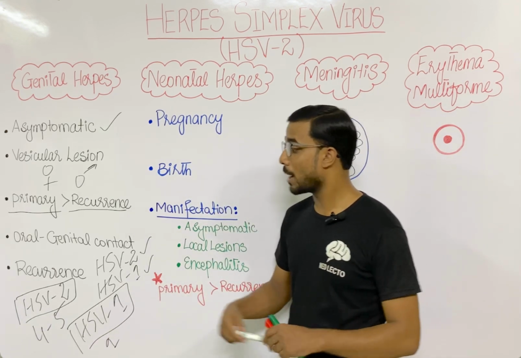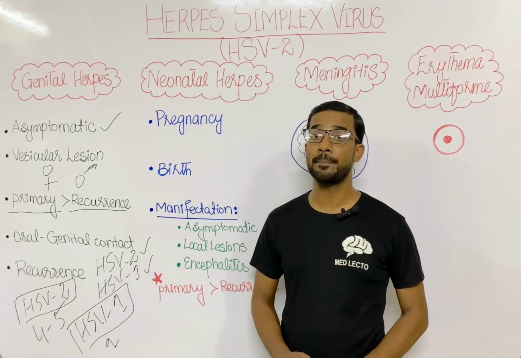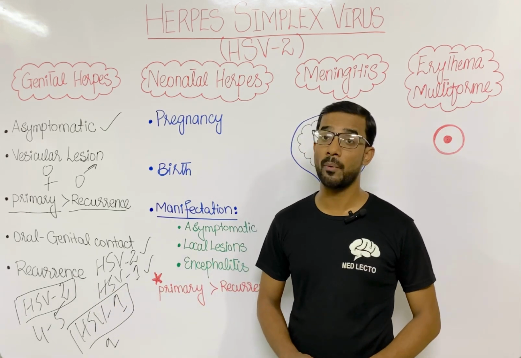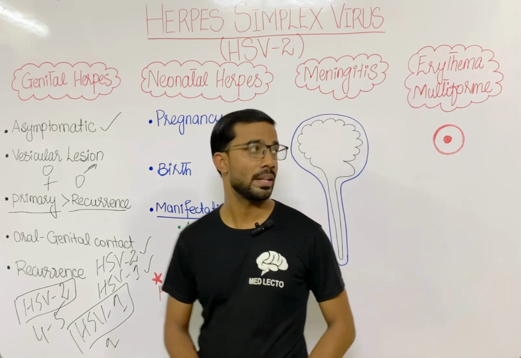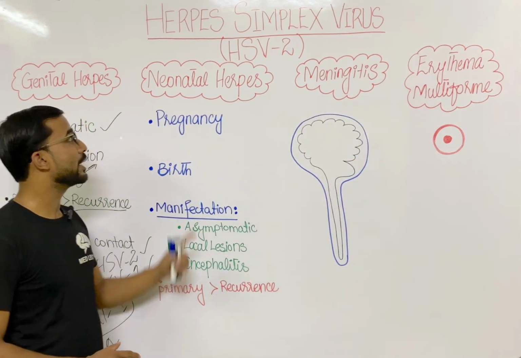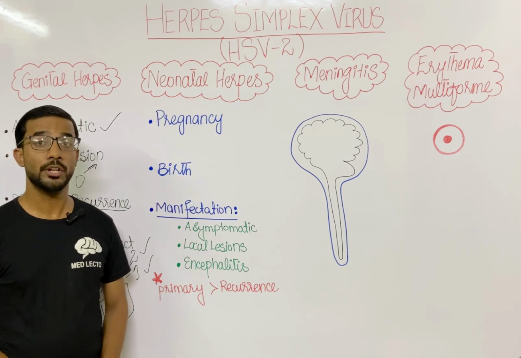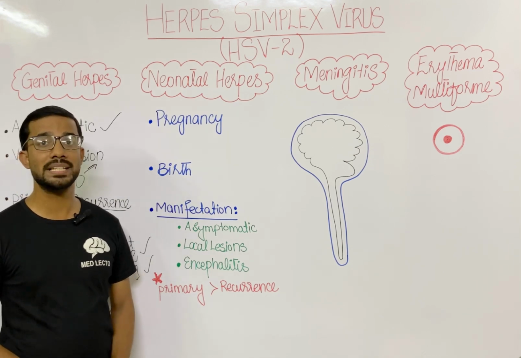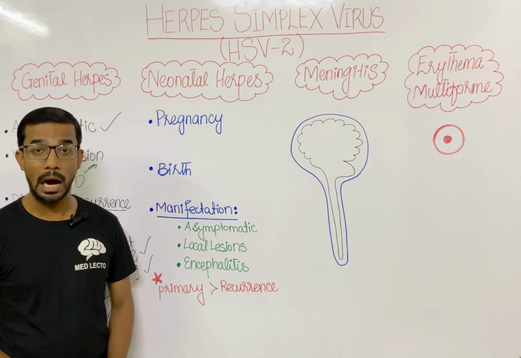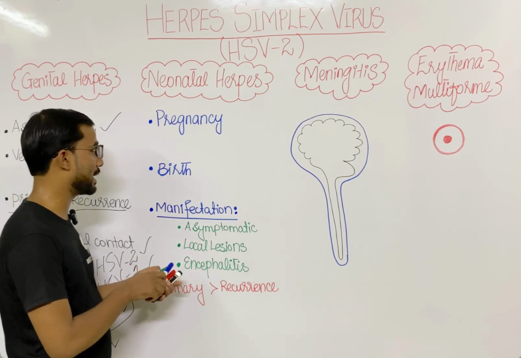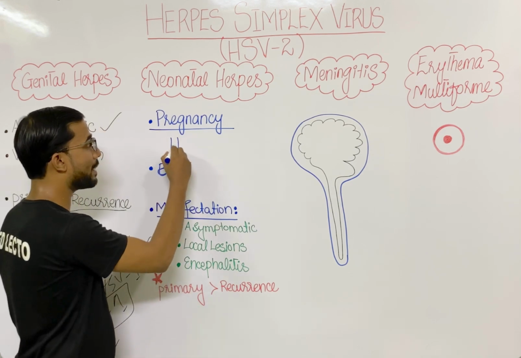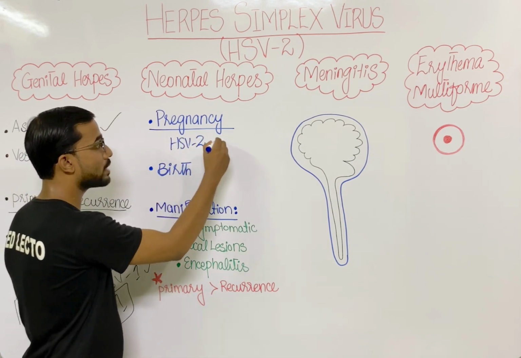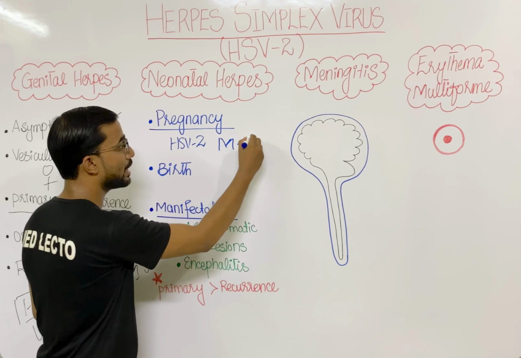It means that herpes simplex virus type 2 is more severe and more dangerous as compared to herpes simplex virus type 1. Okay. Next is neonatal herpes. Neonates can also get herpes simplex virus type 2. How? During pregnancy, herpes simplex virus type 2 can transmit from mother to the fetus,